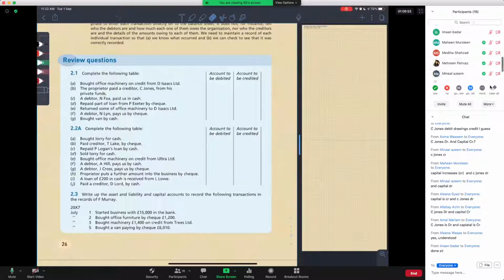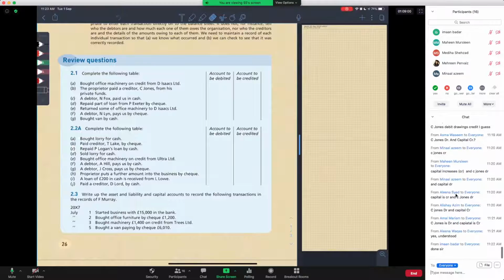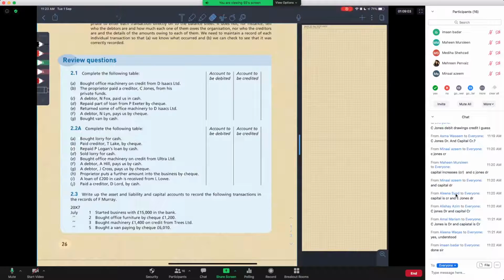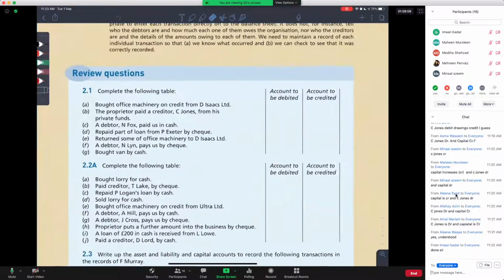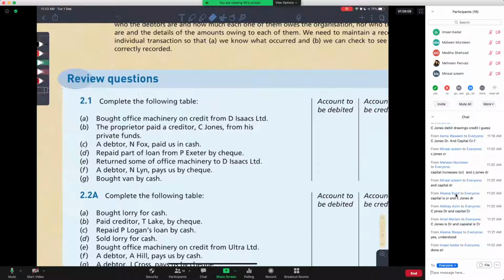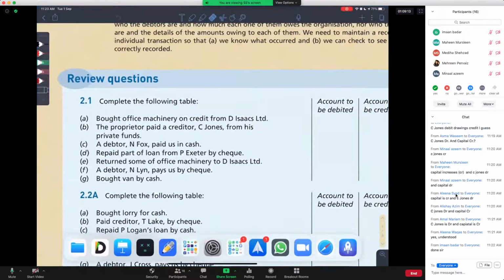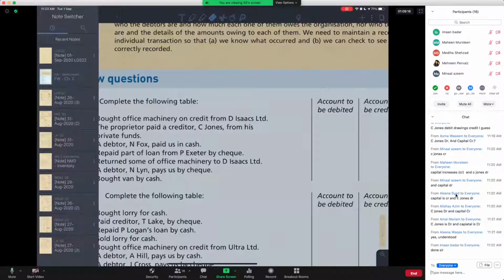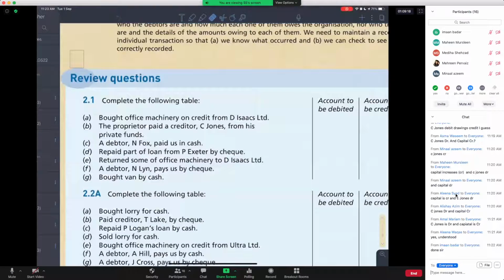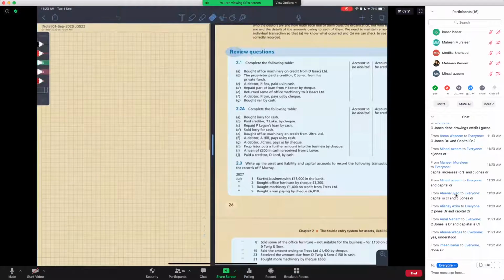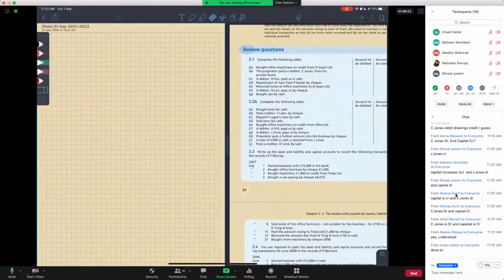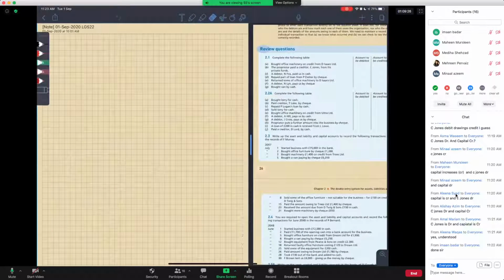Done, okay, great. Now, let's discuss the answer to transaction B. And by the way, Maheen's answer, whoever posted the answer, is absolutely correct. Let's dissect this part. So let's identify what is happening in this transaction. Let me bring back the note here. So the transaction says that the proprietor or the owner, the proprietor is a term that we use